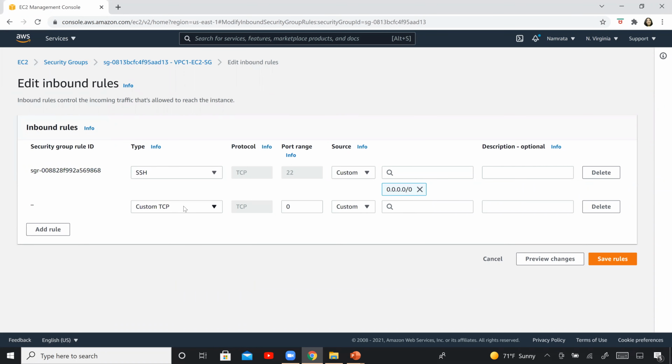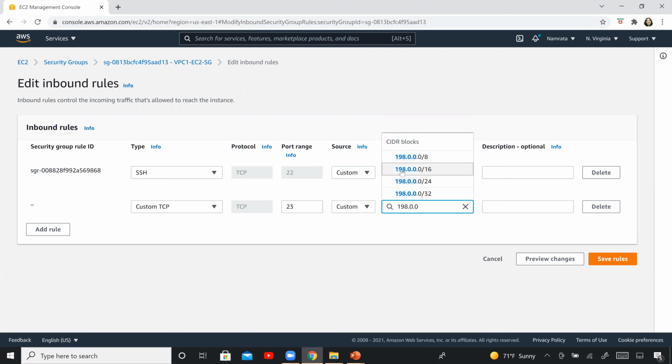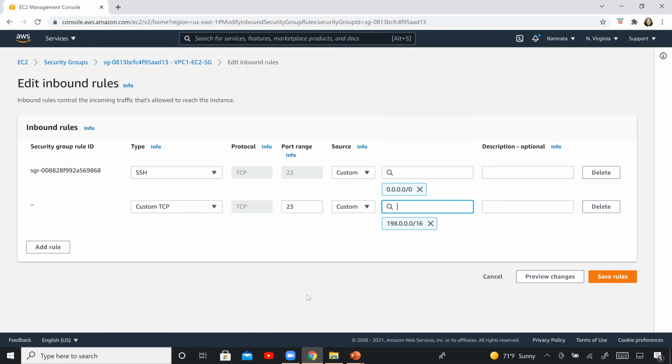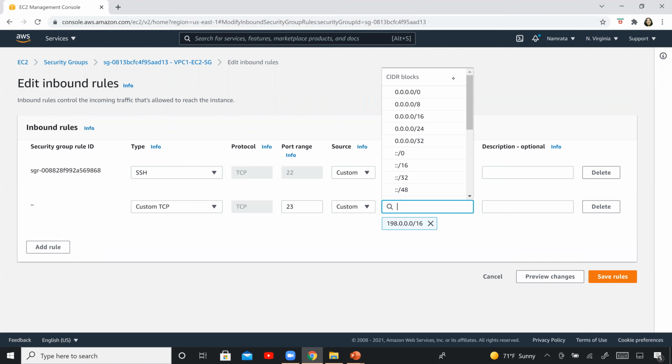Add a rule. Custom TCP. Port is going to be 23. And remember that we have to open this port for the CIDR block of VPC2. So 198.0.0.0/16, right? Yeah, that's the CIDR block right here. And save this particular rule.